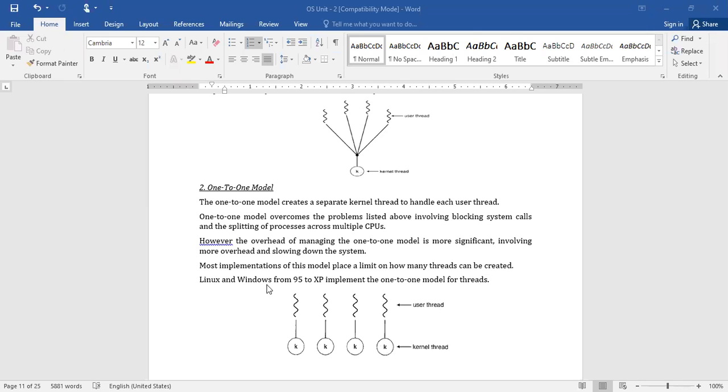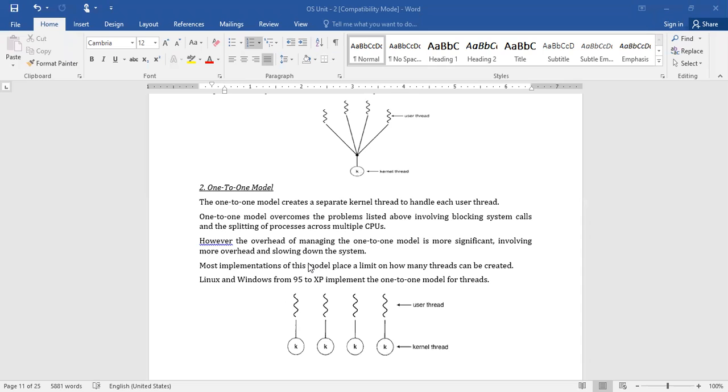Suppose in this case a particular thread makes a blocking system call. What happens? Only this particular thread is going to be blocked, because it is the only thread mapped to this particular kernel thread. All the remaining threads are mapped to other kernel threads, so they need not wait until this block has been cleared.